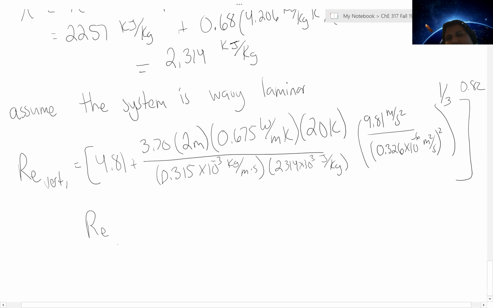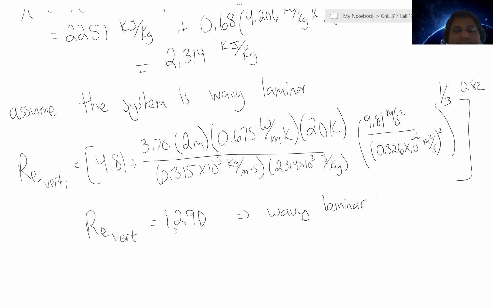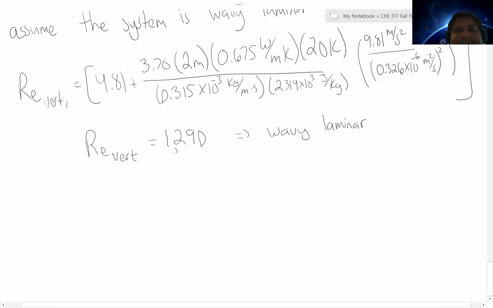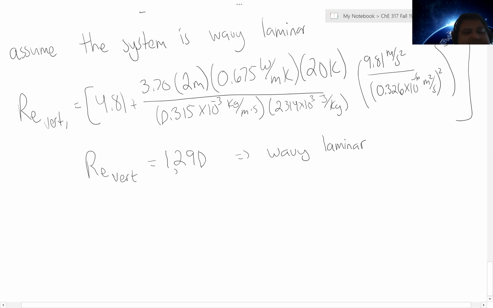So if we do that, because we have the technology, we can find that our Reynolds number is approximately 1,290, which is wavy laminar. So yay, good assumptions through the power of hindsight. So wavy laminar is correct. So with this Reynolds number in hand and confirming that it's wavy laminar, I can now solve for our heat transfer coefficient